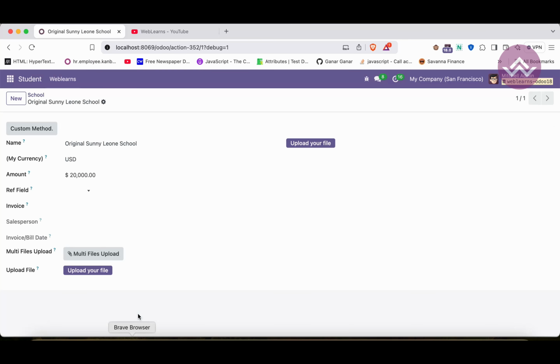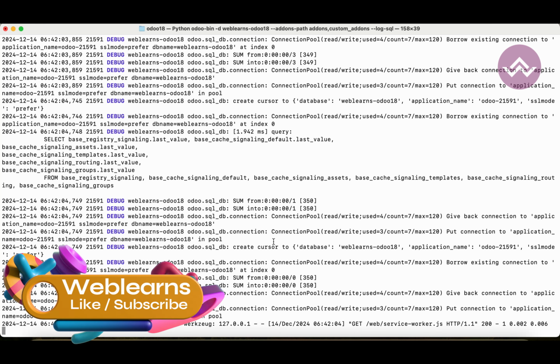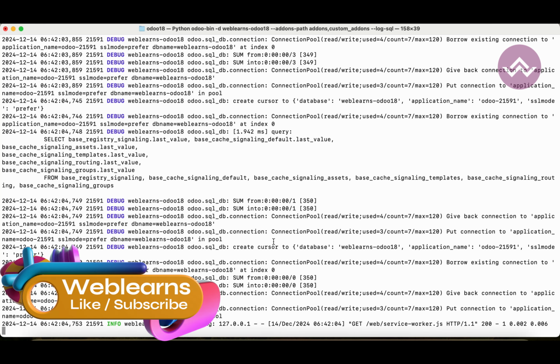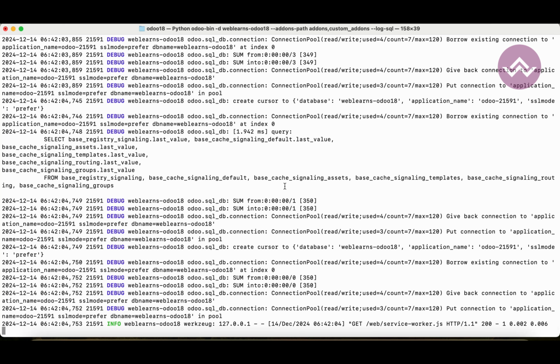So let's say if I refresh this page, whatever queries are requested from the front end to the back end, and from the back end to Postgres, whatever queries they fire, you can see those queries here, you can see this query, right? Then after this query, right,